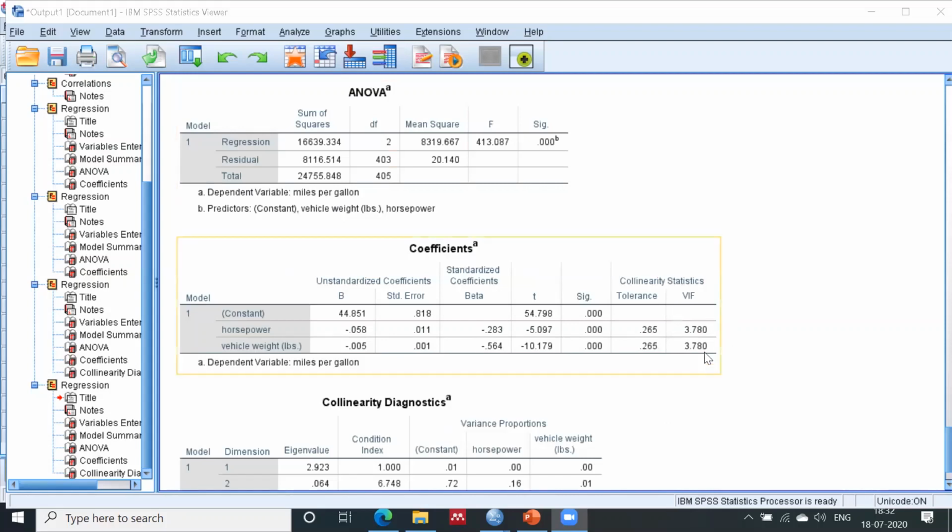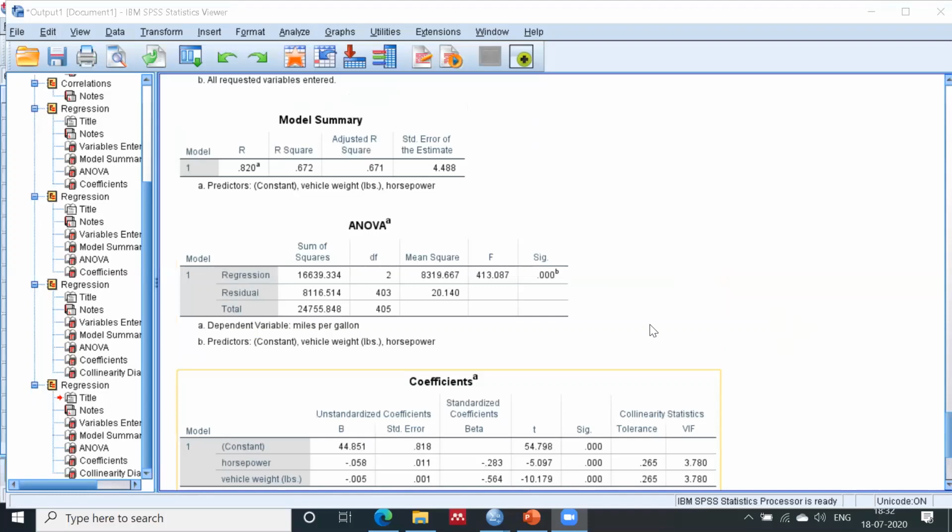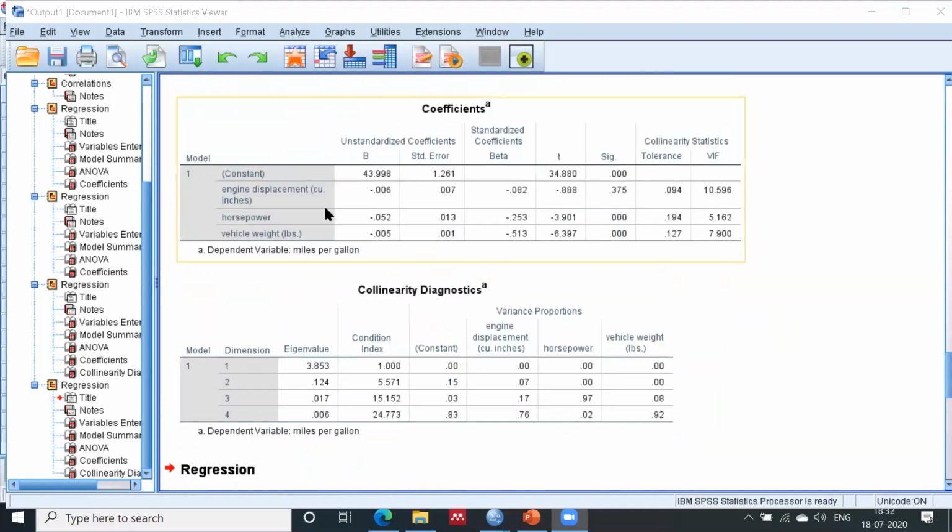Earlier it was 7 something and 5 something, and now I have removed the engine displacement and the problem has been solved. So what was the problem? Basically, the problem was with the engine displacement only. After removing the engine displacement, the multicollinearity has been removed from the other variables as well.